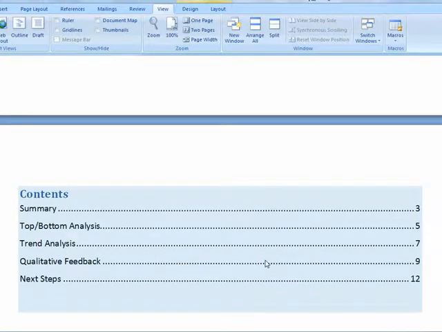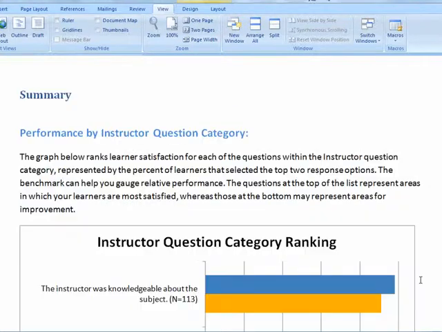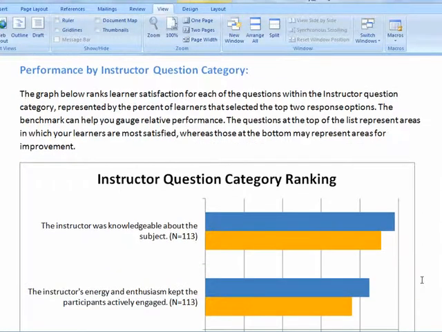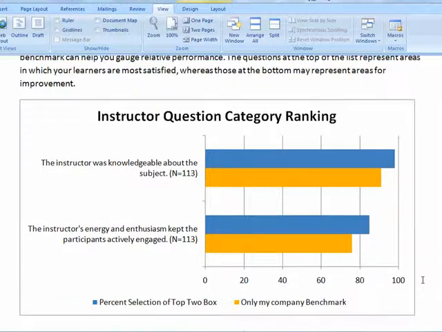The contents of this report will include a summary, your top and bottom analysis, a trend analysis of how they're performing over time, and qualitative feedback submitted by the learners, and next steps. In the summary section, it will provide you the performance of the instructor question category. It will provide you with all the questions within the instructor question category,